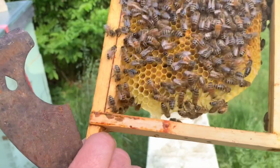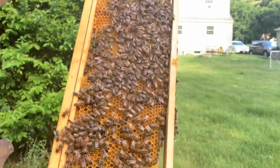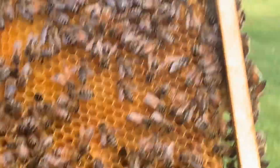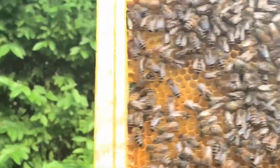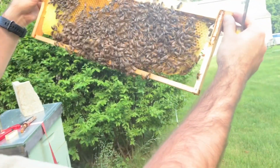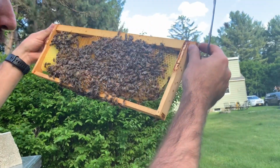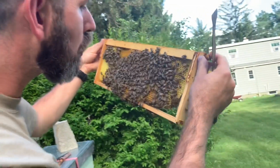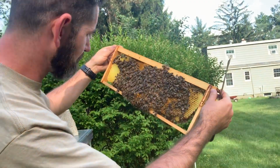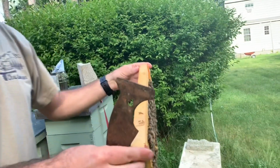Just gonna gently blow on these bees. Move them around a little. Because I may just take this frame and give it with the bees into the Nucleus Hive. I mean, I suppose the worst thing that could happen, right? Is we do get the queen, we've got a queen over there, and they've got all these resources on this side, and they draw up a new queen. So let's go ahead and